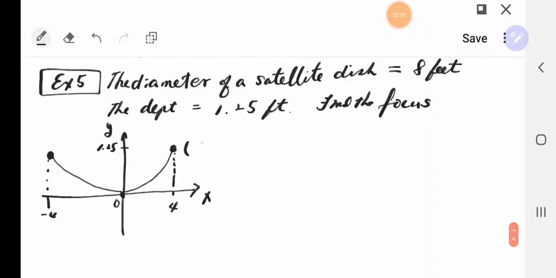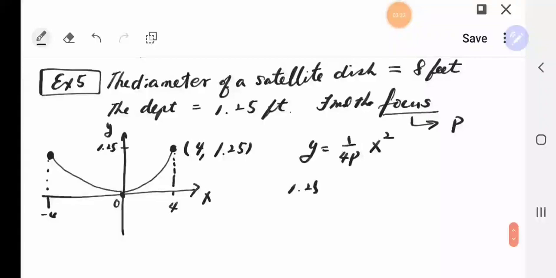And this point is x is 4, y is 1.25. Since we have a point, and the satellite dish looks like a parabola, we can use the parabola formula, y equals 1 over 4p x squared. So let's plug in this point so that we can find the focus p. So we want to find the focus, which means the value of p, right? P. So y is 1.25,